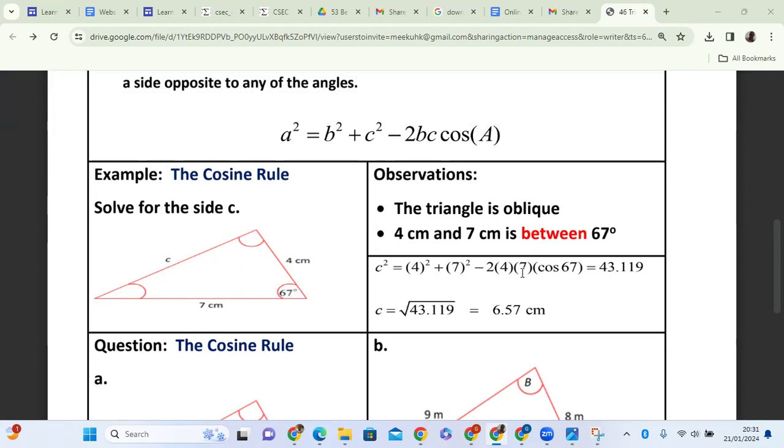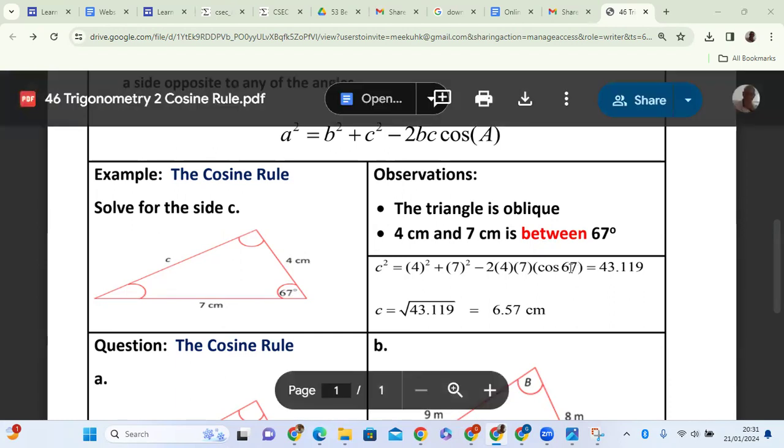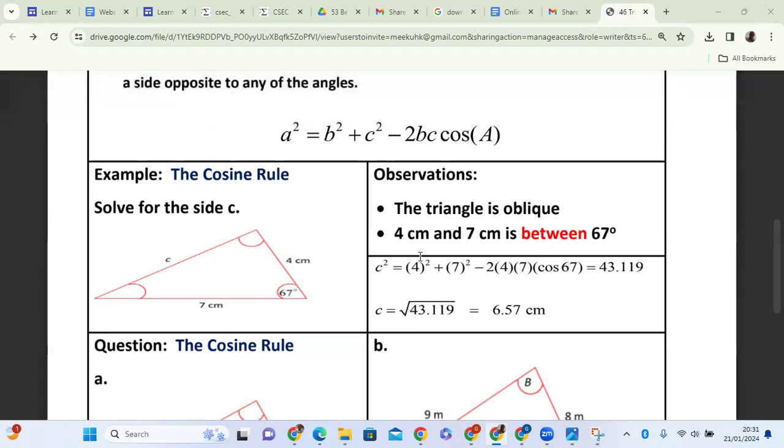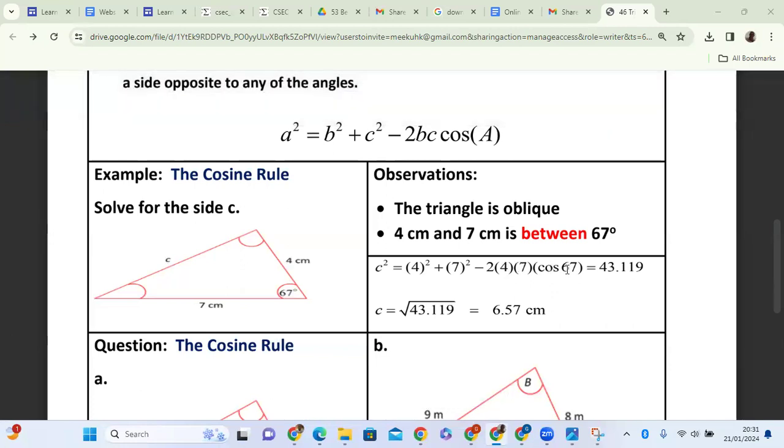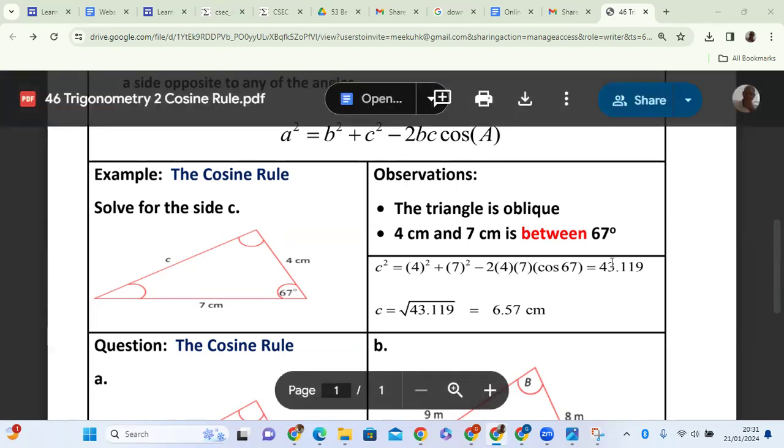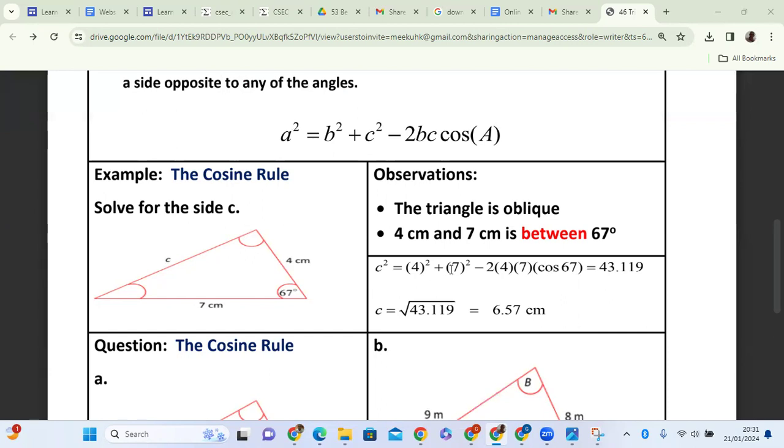And then we substitute. We are solving for c squared, so we have to end up with 67 degrees in the cosine area. And we have 4 squared plus 7 squared. That's the two sides, 4 and 7, minus 2 times 4 times 7 times cosine of 67. The 2 is part of the formula, as we know already. So we simply substitute this, and it is possible to type this straight into your calculator